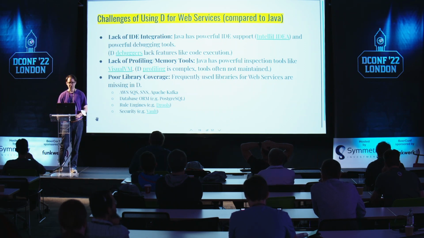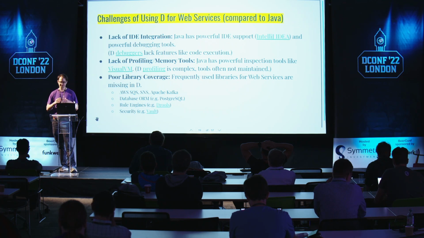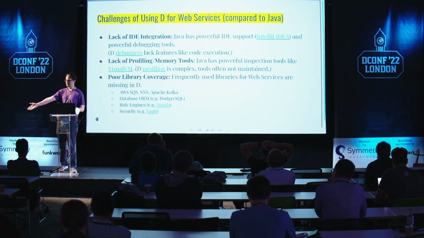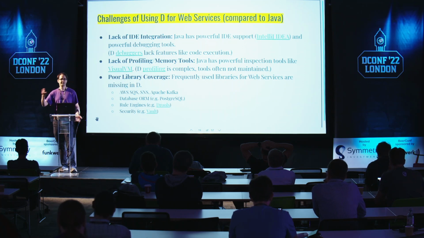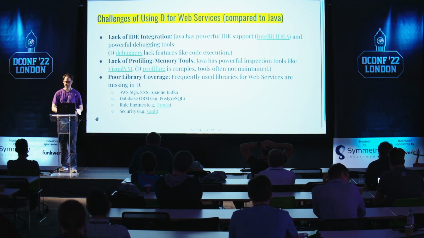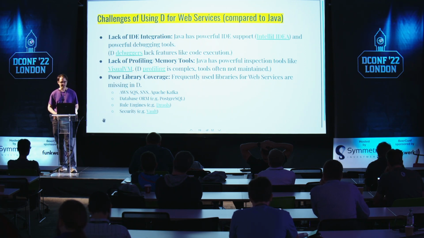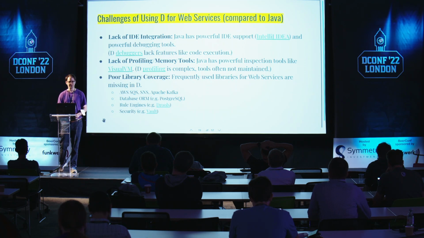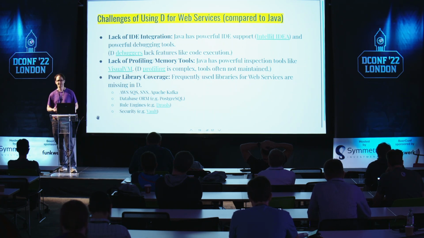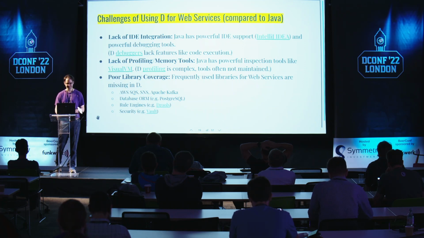Rule engines, so businesses have tons of places where they just need arbitrary rules that have to be managed by someone in the business using a spreadsheet, for example, and having a way of integrating that into your system is something that there's not a good library for just yet. And then a lot of security access systems. So I think HashiCorp has a system called Vault, and like many of these corporate systems, they don't necessarily recognize D as one of their main usages, so they don't necessarily have libraries.